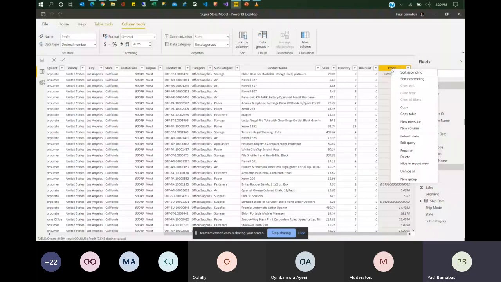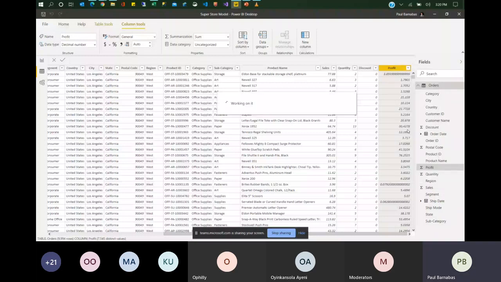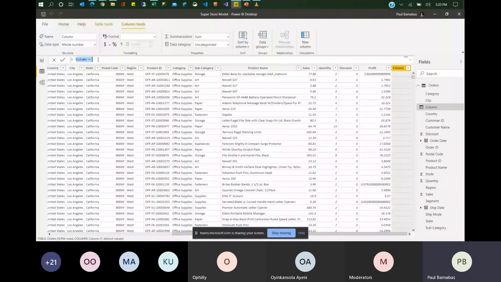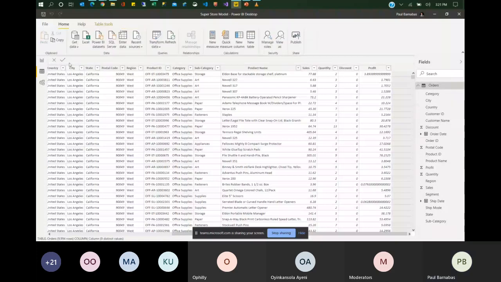When you click on new column, it creates a new column for you and expects you to populate the formula bar with the DAX function that you want to use to derive what you need. So the logic behind this is that we want to calculate our cost.